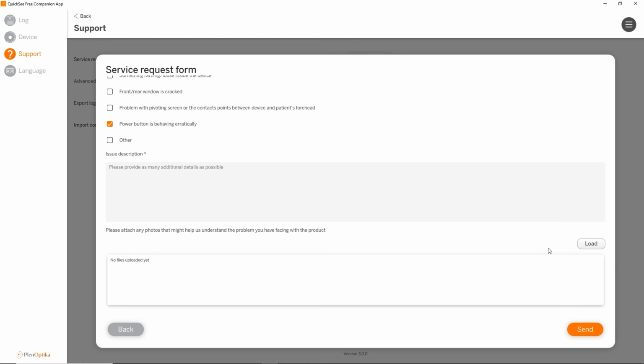Then you will click Send, and all these details will be sent to PlenOptika. It is also possible to send a service request if you are not connected to a device, but in that case, we won't receive some technical data that is being shared, and that may limit our ability to troubleshoot the